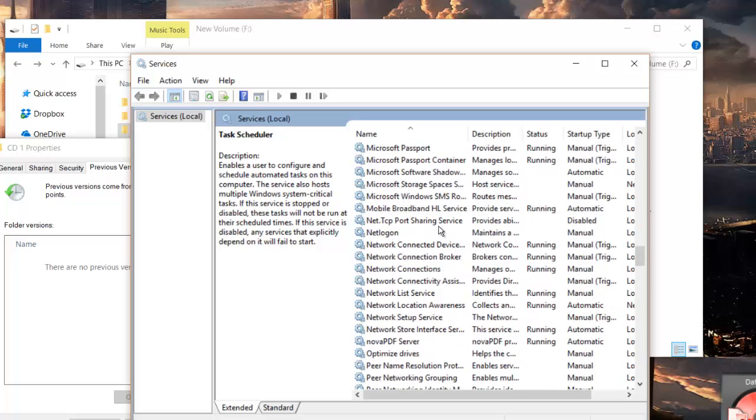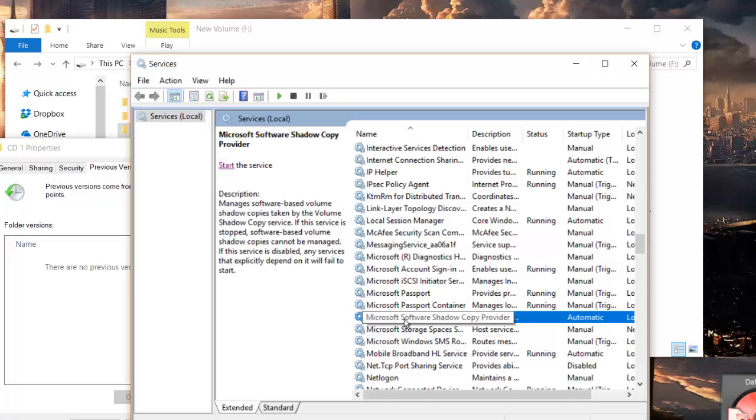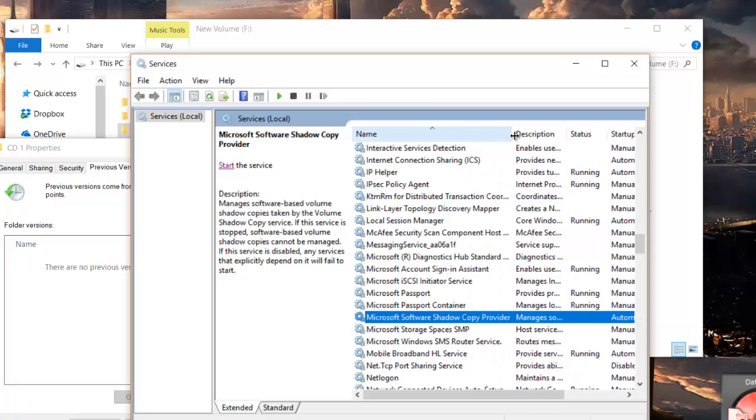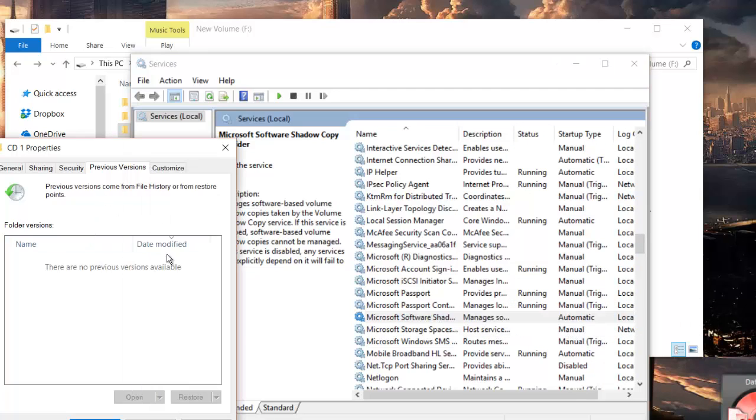Windows, Microsoft, this one, Microsoft Software Shadow Copy Provider. This should be running and set to automatic as well. So I had turned on both of these to ensure that I get this option here which says Previous Versions. And then it seems there are a whole lot of other things that we need to do,